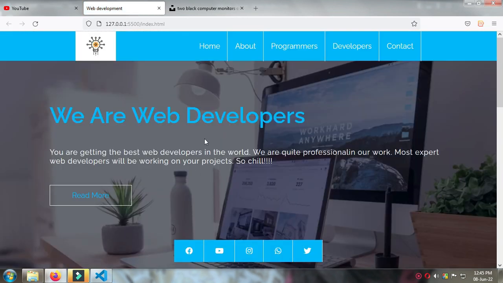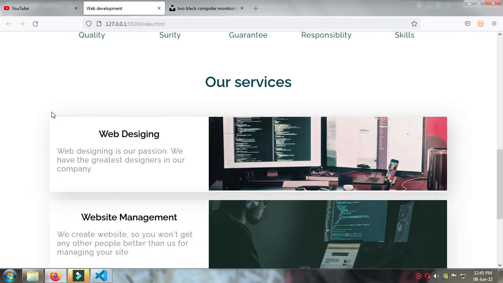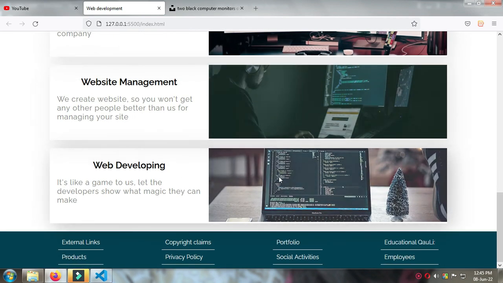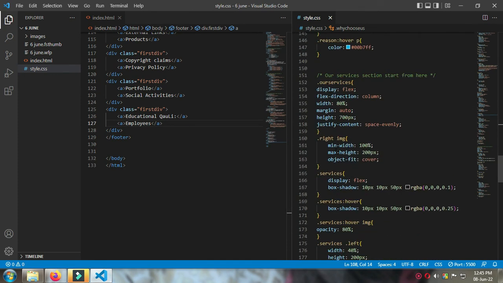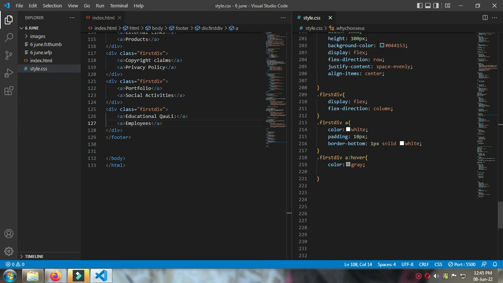So our site is ready. There are no issues at all. When someone hovers on the navbar, they'll get this beautiful hover effect, and also this beautiful hover effect on voice users. You can see the color combination is outstandingly beautiful, and you can add many more things. For the footer, the font size is looking a little bigger to me, so I will be changing the font size